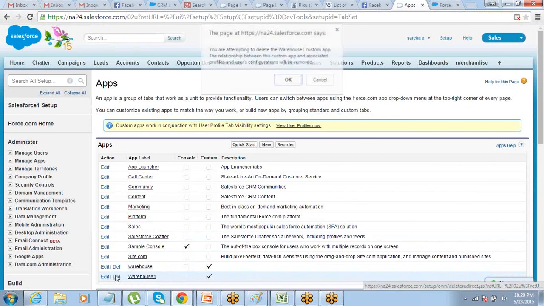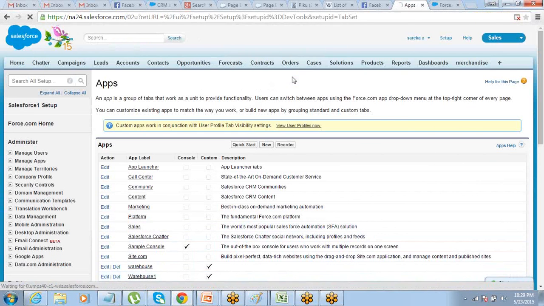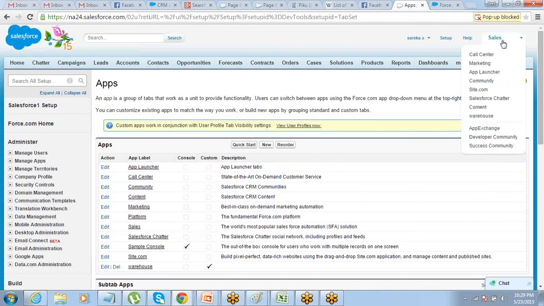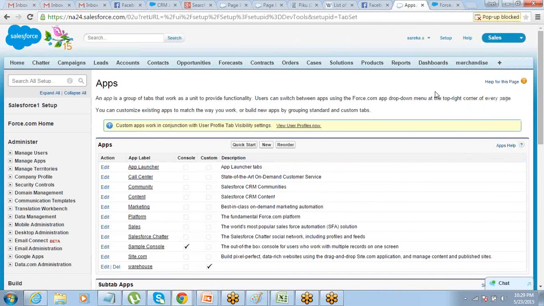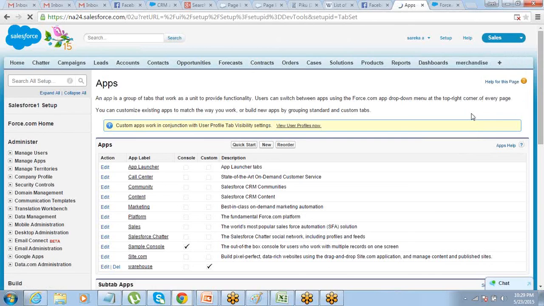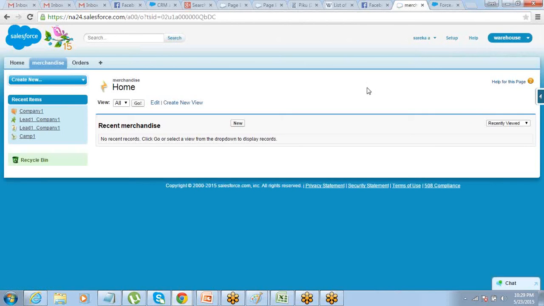So that's done. My app is ready. My app has the tab that I wanted to display there. We have created the database object in the backend. We have created the tab for the object.